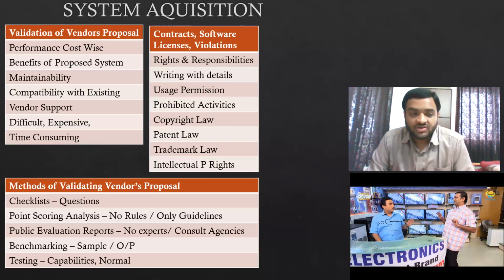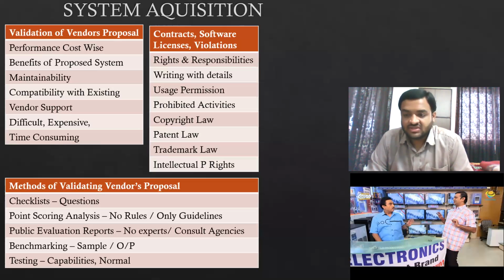Now, these last 2 points, difficult, expensive, time consuming, you have to write in the introduction. The process of validation of vendor's proposal is a bit difficult, expensive, and time consuming, because when you give an invitation to solicit, a lot of requests are received. To process them takes a lot of time. That time we could have invested in system development or other things. That is why we call it expensive. And if you don't have the expertise and knowledge of doing such a validation, it is a bit difficult to accept the validation and take decisions. So we will call it DET: difficult, expensive, and time consuming.